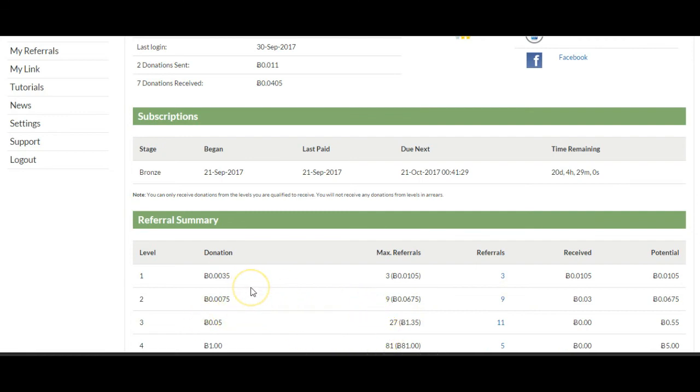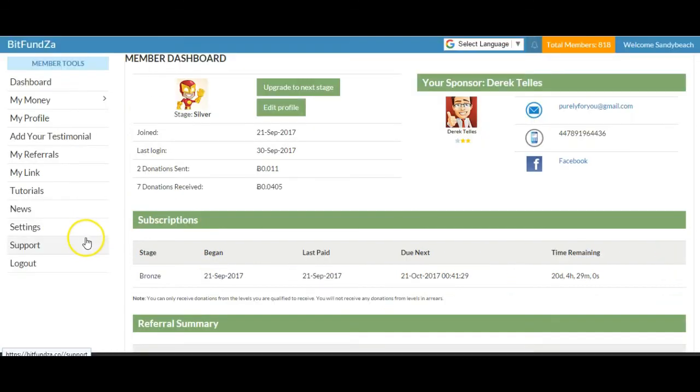So you're helping them out, and as they bring people in, they're helping themselves out, they're helping you out, and as they send each one of these payments, 35, 75, 5, 1, those go up. This one goes up to your direct sponsor. This one goes 2 levels up to his sponsor. This one goes on and on. It's very simple. But mainly, I just wanted to do this video just so you know